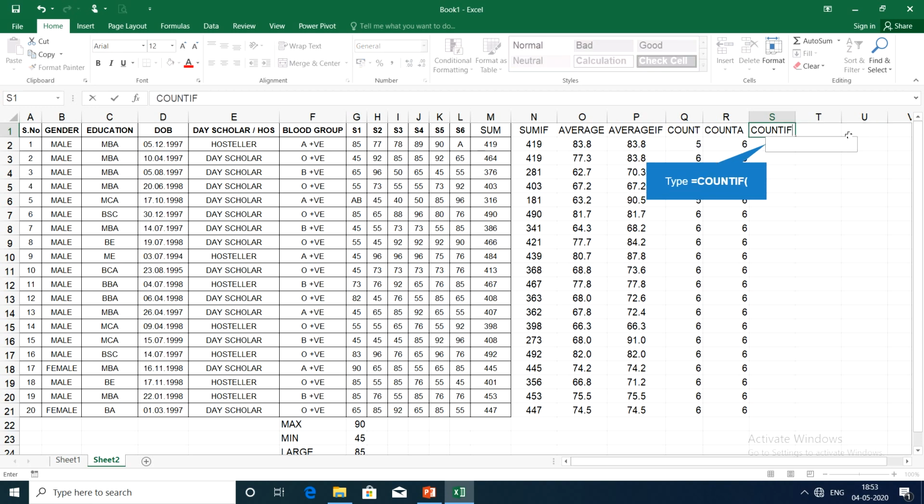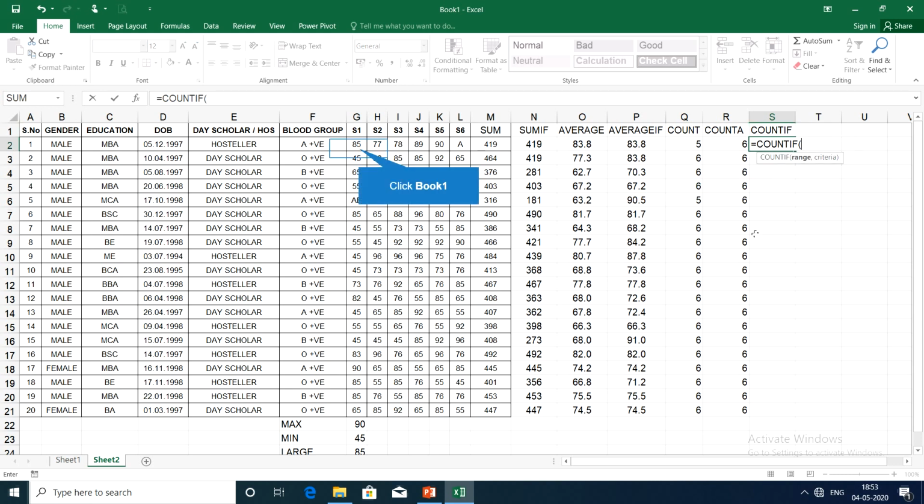Then we go with COUNTIF function. COUNTIF function, for example, again the same way, the numbers will be counted based on a criteria. For example, I want to know in how many subjects the candidate has failed. In how many subjects the student has failed.